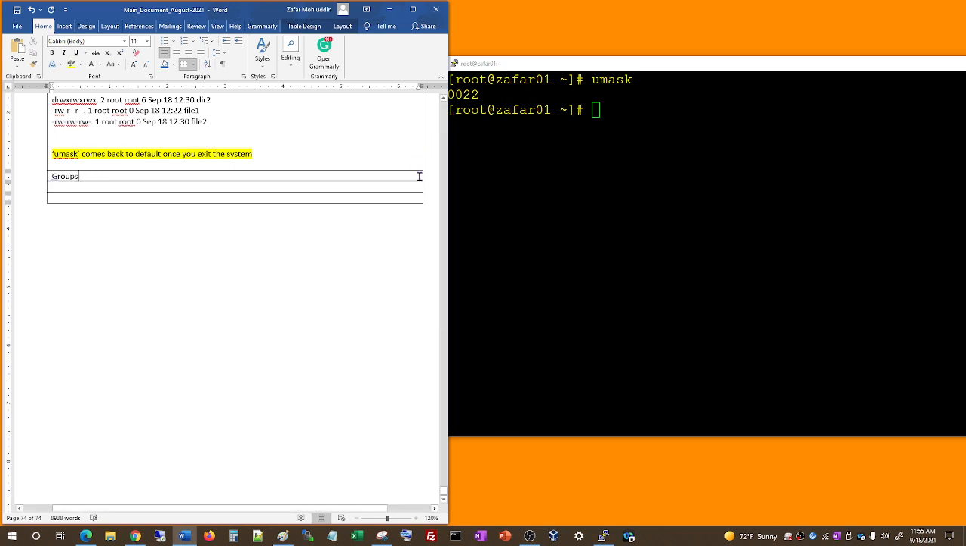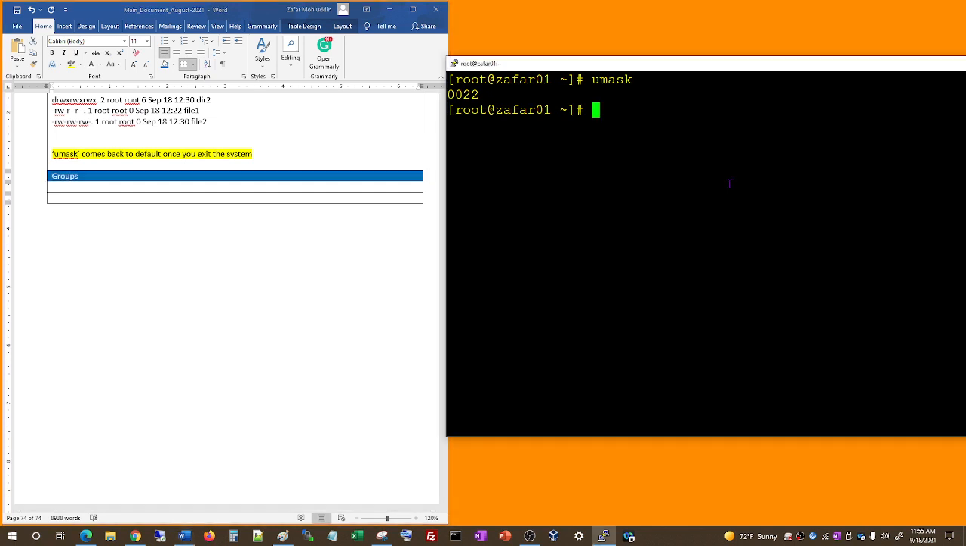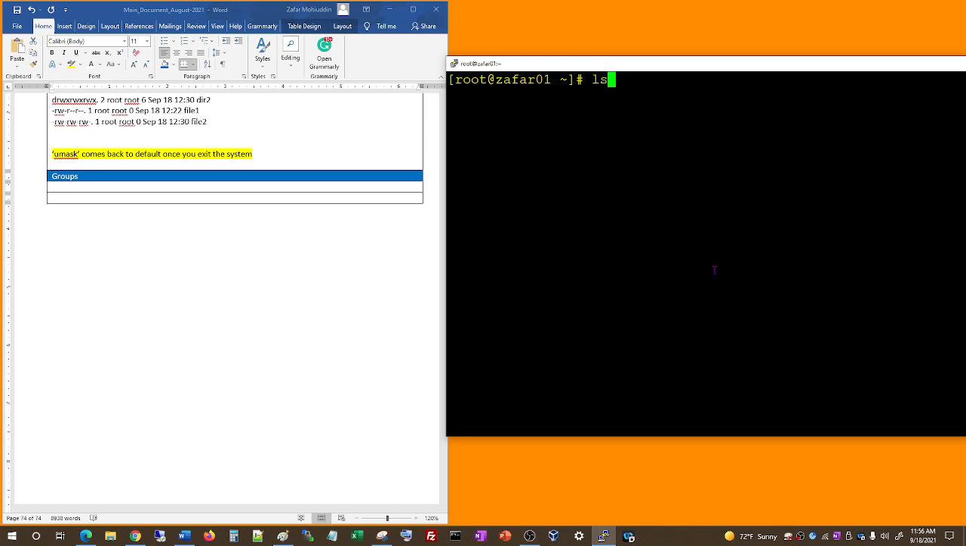So the groups is, this part is the group here. So if you do ls -l, okay, so what I'm going to do is get rid of this. Okay, everybody log in as root and go ahead and get rid of all your